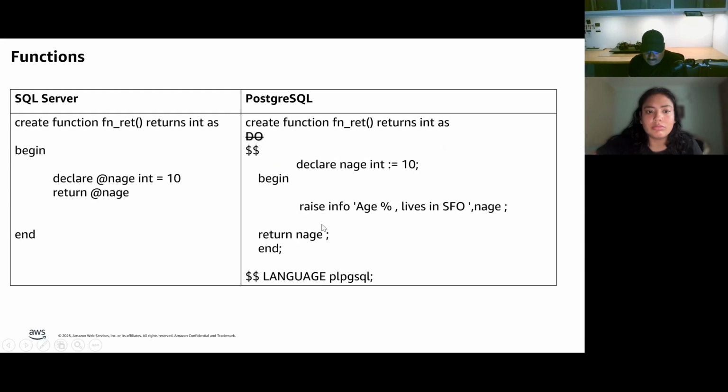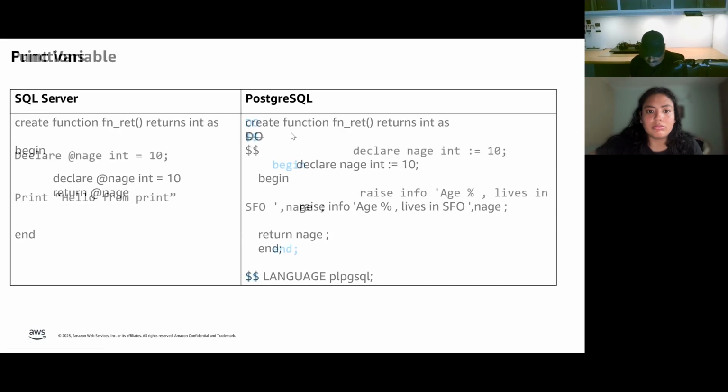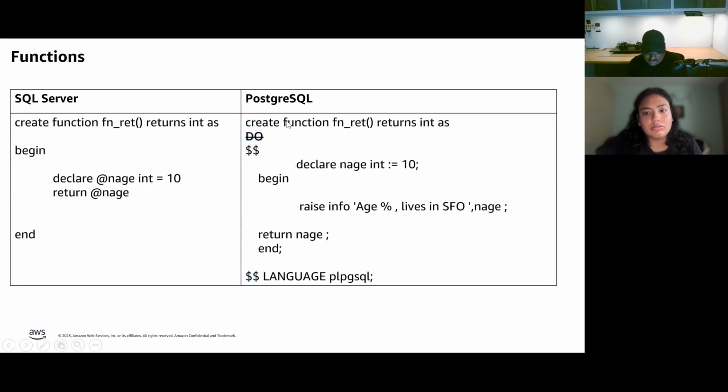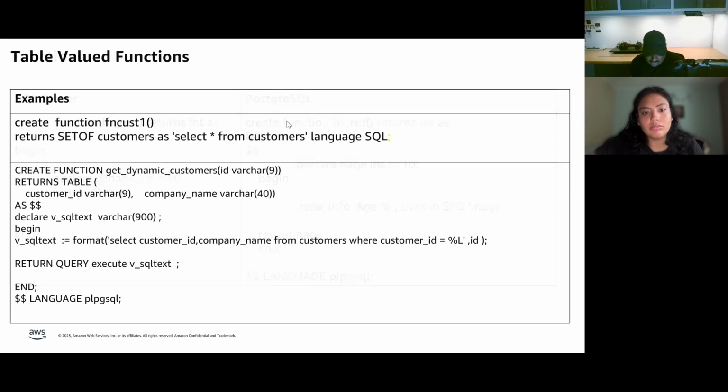So here I am creating a function, but what I did was use the same block that I defined in the previous slide. I just replaced the do function with a create function. That's it. Create function and returns the function return type, followed by the same block. So this and the previous slide both are the same. Only difference is I just replaced the do command with create function over here. That's it. So this is the first step to learn how to create functions in Postgres, right?